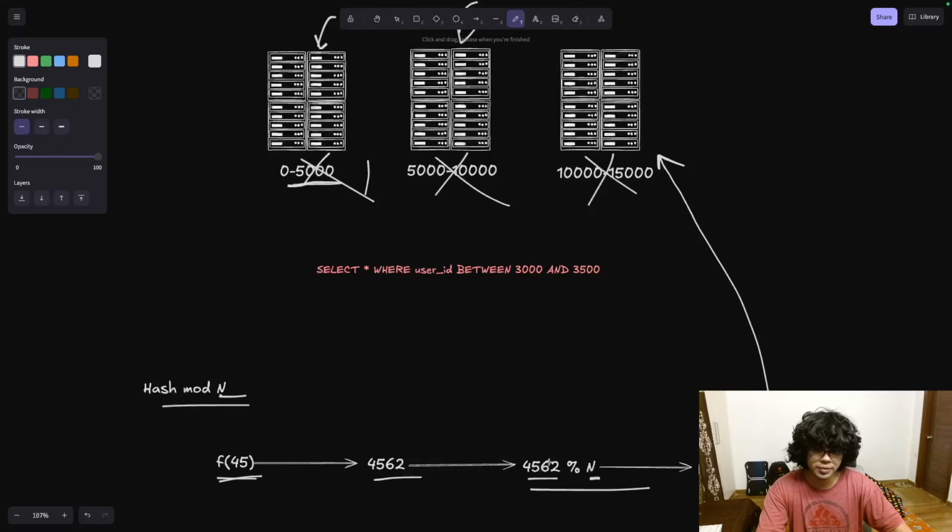If there was another number and its mod was 0, we could store that number over here. This is better than these range based kinds of partitioning or sharding, in the way that you don't really have to figure out what these ranges are. Okay, but the problem